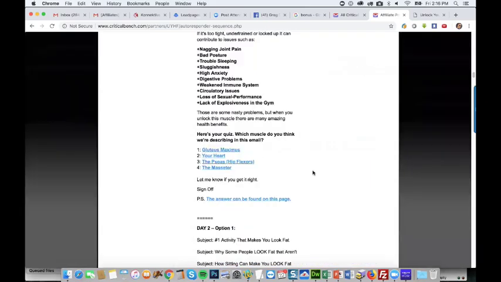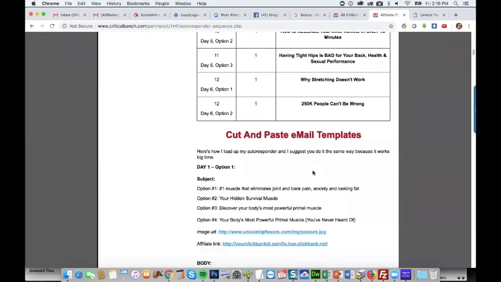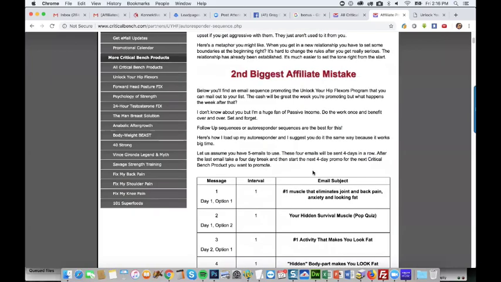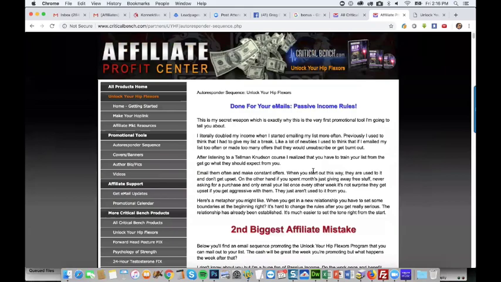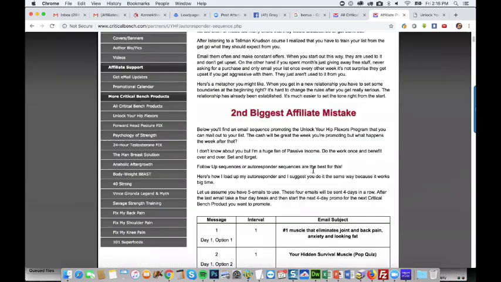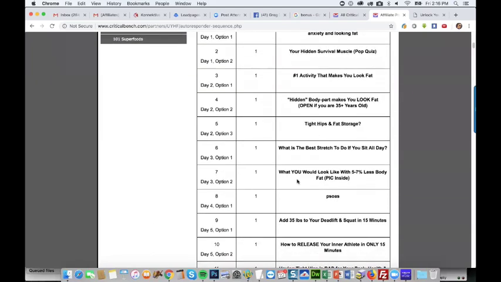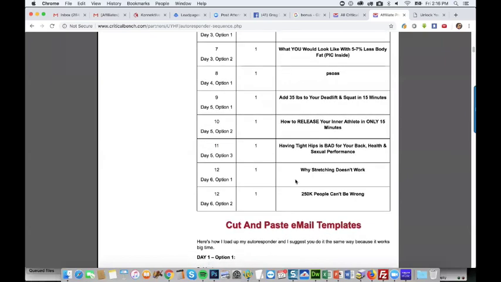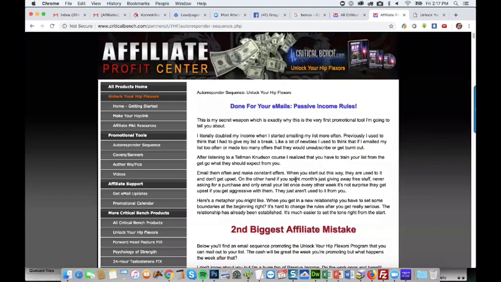Normally you have to write them yourself or pay somebody to write them. These look pretty decent too. So this is perfect. Let's roll with this offer because, like I said, it's not one of the regular hot categories. When I say hot, I mean a lot of attention from Facebook hot. So yeah, I like this. All right, so this is going to be the product that we promote.